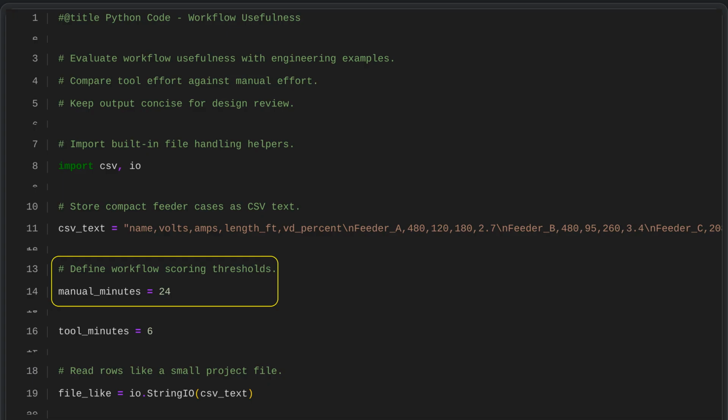The estimated manual task time is set to 24 minutes. This provides a baseline for comparing how much more efficient the workflow tool is than doing the work by hand. The tool is estimated to complete the workflow in 6 minutes. This time estimate is used to compare the tool's efficiency with doing the task manually, and to show the potential